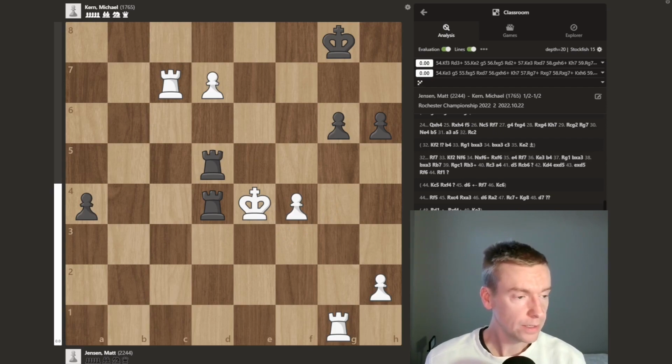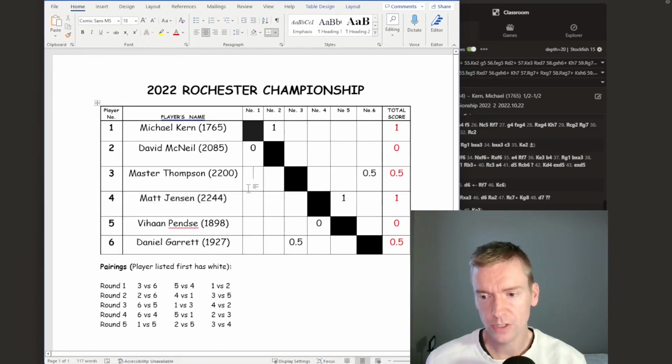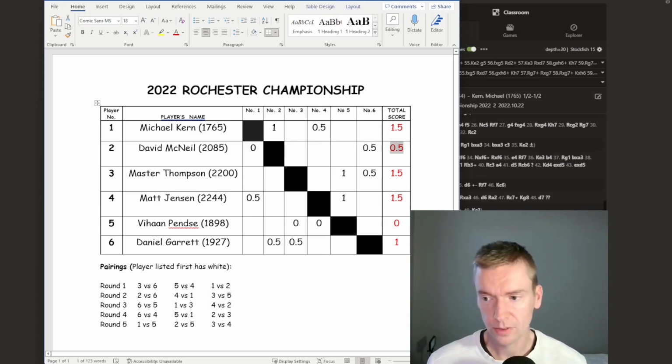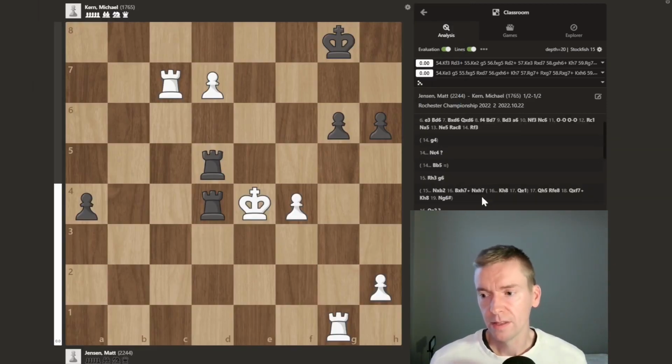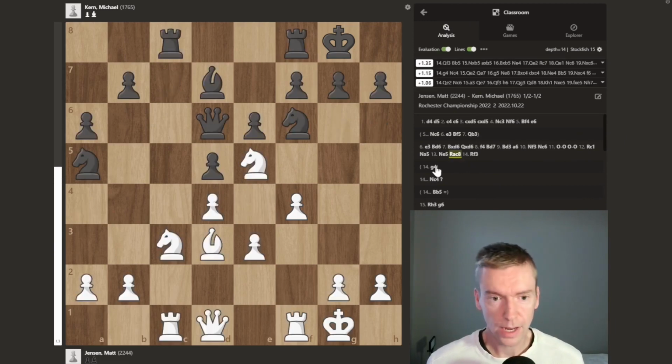Nice game by Michael. I was pretty happy with the game because I was never worse, I don't think, or not much worse. But I did miss a lot of chances to play for larger advantages, and I missed the win in the endgame. That's the round 2 standings, and in round 3, I will be white against David McNeil, who has half a point. And I think the main takeaways for this game for me was looking for this G4 idea right around here,